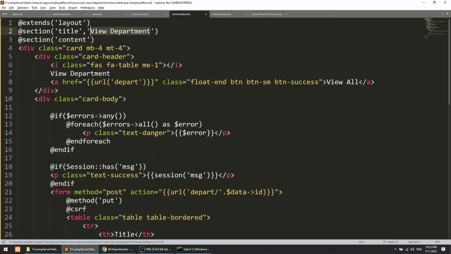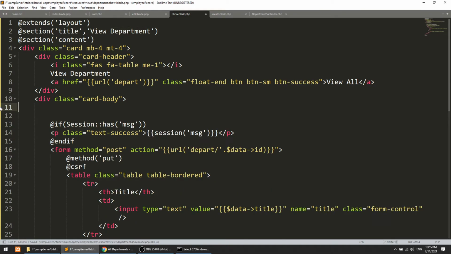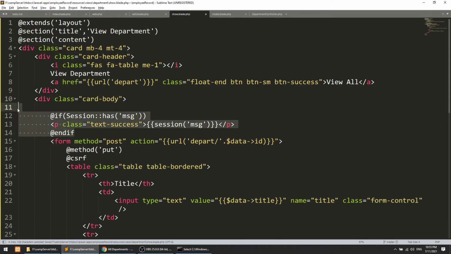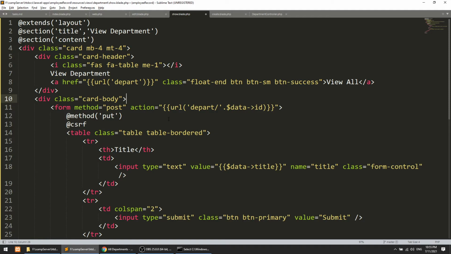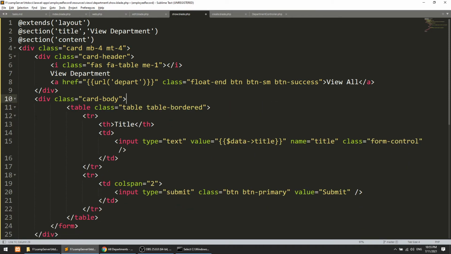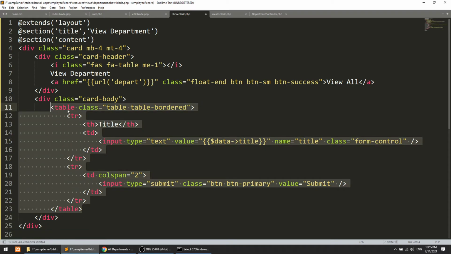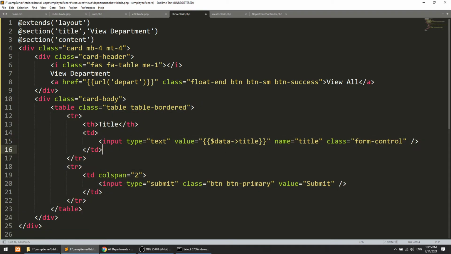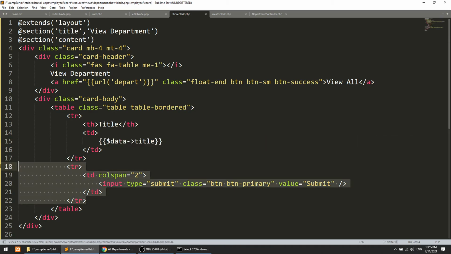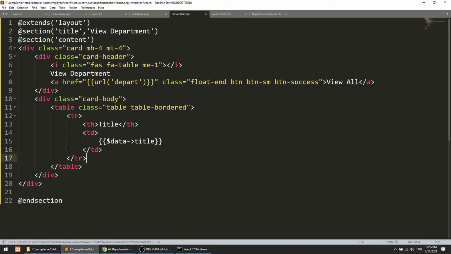So view department, we don't need the errors, and we don't need the sessions. We don't need the form. We need the table, but in the table we just need this title. So I will just remove this, and we don't need the tr. We just need this thing.